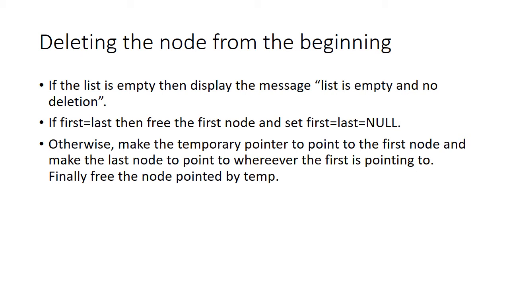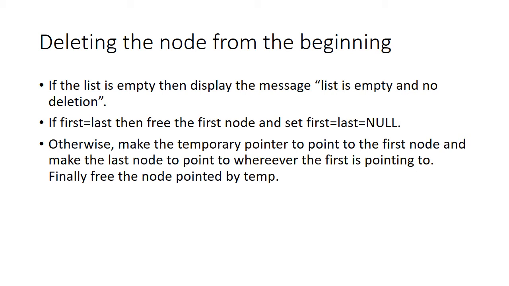I think you understood. That is, I have 2 to 3 nodes. Let us take, I have 4 nodes, 1, 2, 3, 4. The first node name is first, and the fourth node name is last. Now this first node, I am renaming it as temp. Therefore the name of the first node will be both first as well as temp. Then first is equal to first of pointer, that is, it will go to the second node. That is, this first pointer will be advanced to the second node.